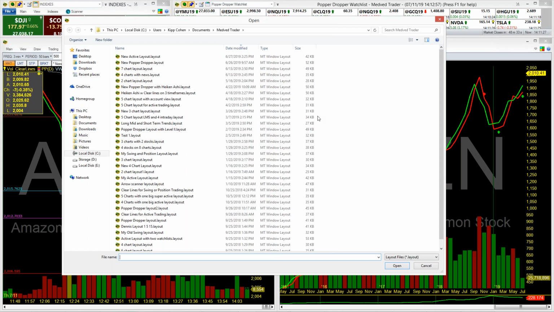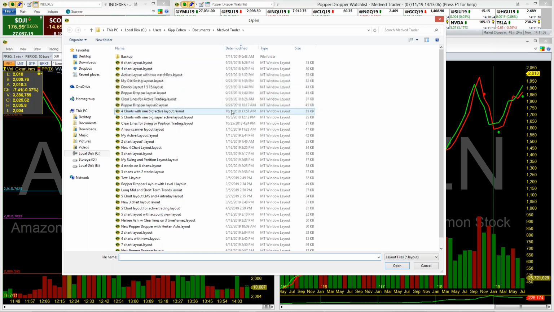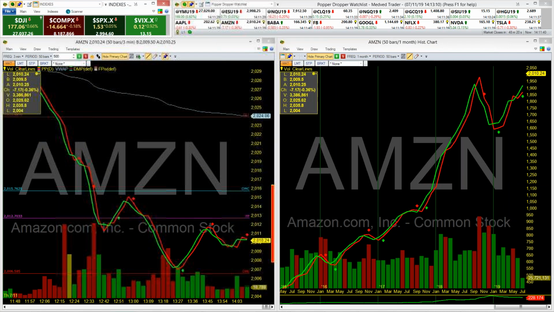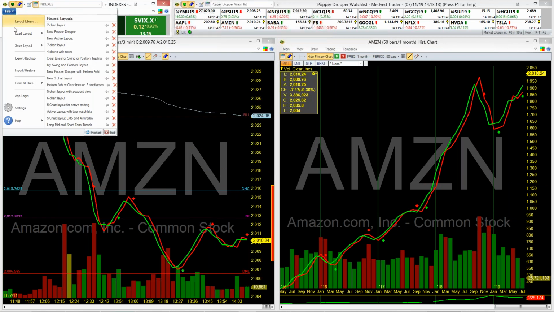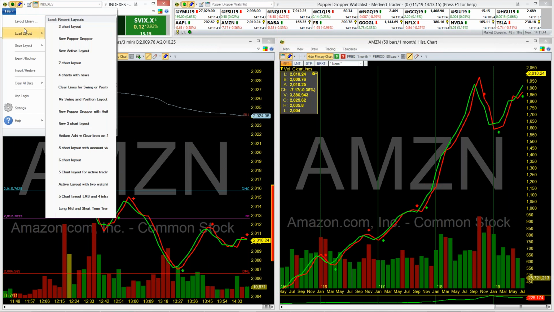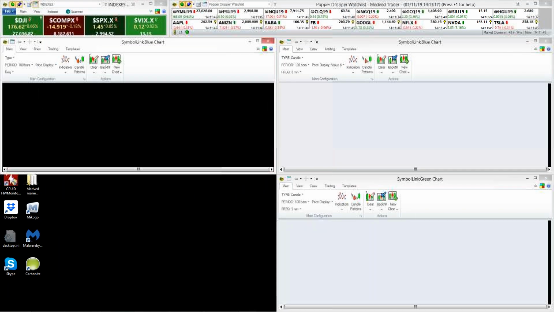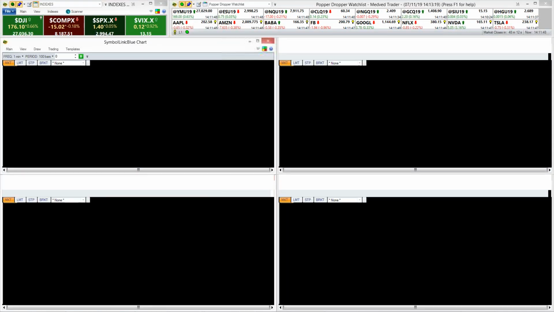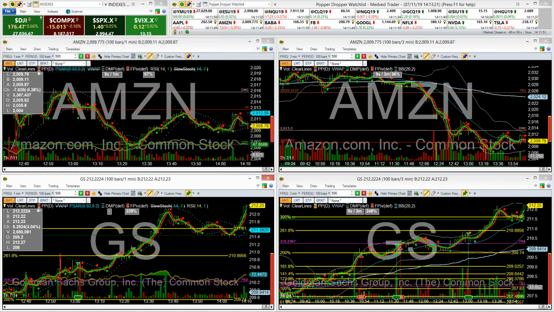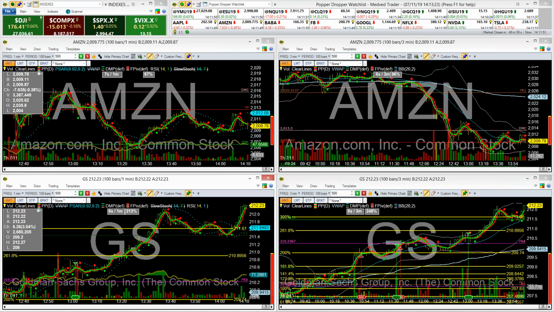I pretty much stick with the layout that you just saw me on, the 2-chart layout, and then my popper dropper layout, which is the one that I use quite a bit. I use mainly the new popper dropper pretty much every day. The 2-chart I use right before the market open, and then I go to this layout. Now you won't see all my charts because